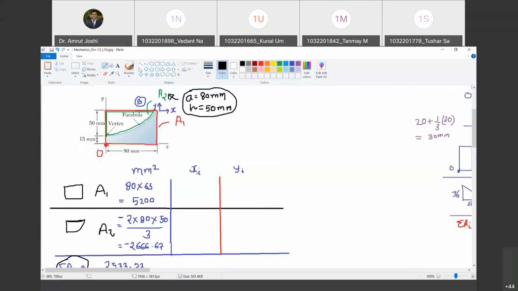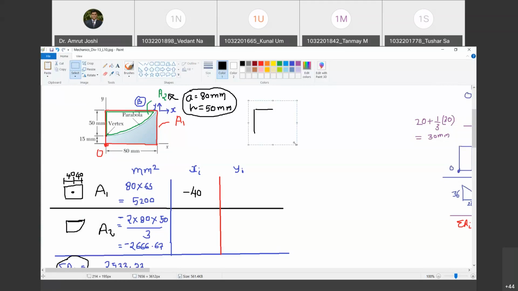Now let us locate xi. So where is the centroid of this rectangle? Tell me. Where does the centroid of rectangle lie? Sir, at minus 40. Yes, so it is going to lie at distance 40 from here and 40 from the other side. But now my origin is B, so I should be considering it with reference to B. With reference to B, to reach the centroid of this rectangle, I have to move in negative x direction. Do you agree with me? Yes, sir. So therefore, I have to write it as minus 40. This indicates centroid of this rectangle lies on the left-hand side of B or on the negative x side of B. Do you agree with me?